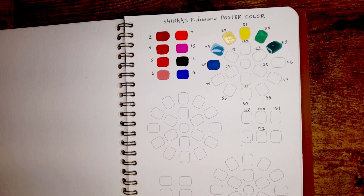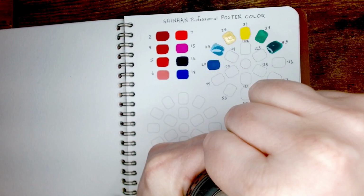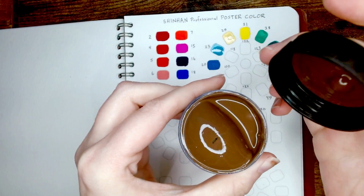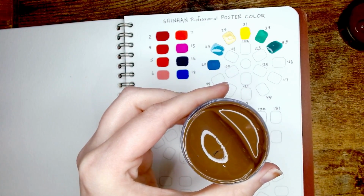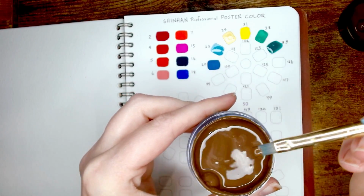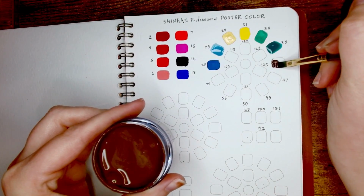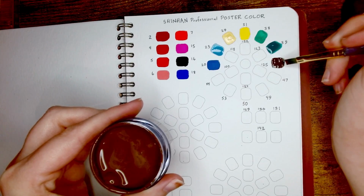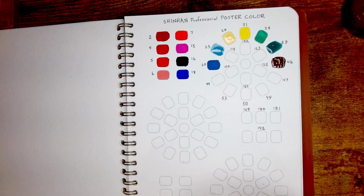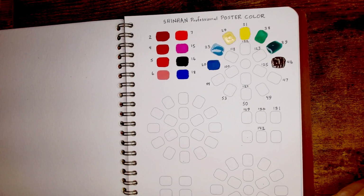So maybe you're wondering, hey, why was it that you were able to use that paste as something that you could actually apply to paper? Well, let me actually get into a little bit about what poster color is then. Poster color is in the same family as watercolor and gouache and acrylic gouache, because poster color paint is water-soluble paint. Watercolor is going to be basically at the bottom of the scale if we were to make a scale out of them, because it is highly transparent, highly water-soluble, and easy to work with,